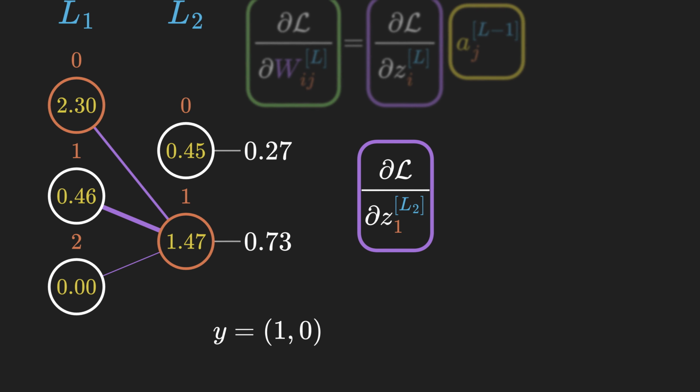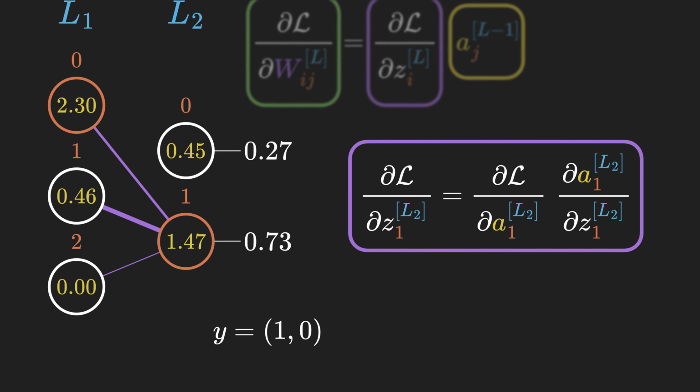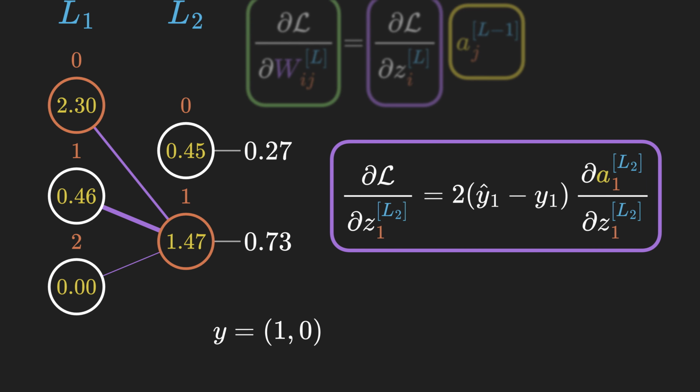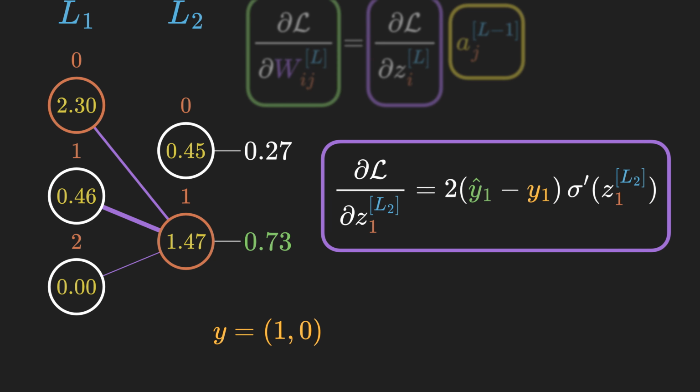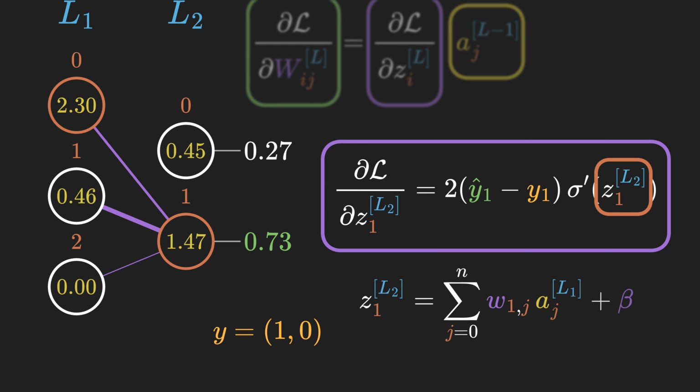Now let's expand this expression a bit further. At a first glance, it looks even scarier, but it really isn't. This middle term breaks down into the derivative of the squared error. And that's just the difference between the output of that neuron and the expected output, which is one straightforward operation. And the right term is just the derivative of the activation function. What about that mysterious C factor? We still don't know it yet. Well, we actually do know what it is. It's just the weighted sum we already computed during the forward pass. And that's it. That's how we calculate the middle term.